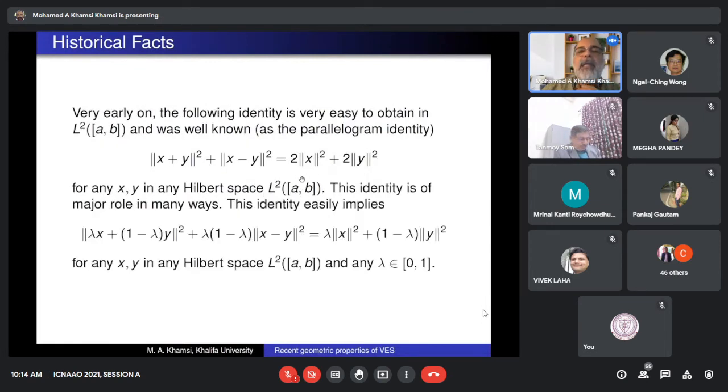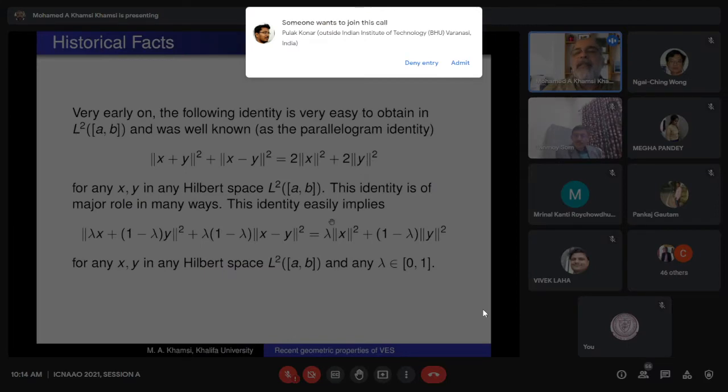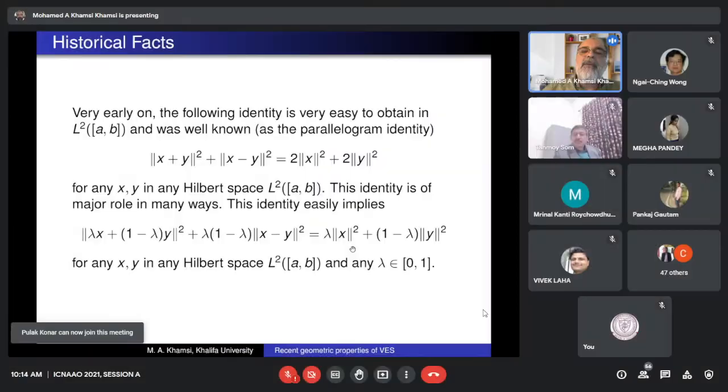Let's go back to the Hilbert space, and you have the famous parallelogram identity, okay, that you have in capital L2. It comes from the real line. It comes also from R2 and Rn. And it's very simple to obtain this one, which is not known by the students. And here, this one is interesting. It has a property that,